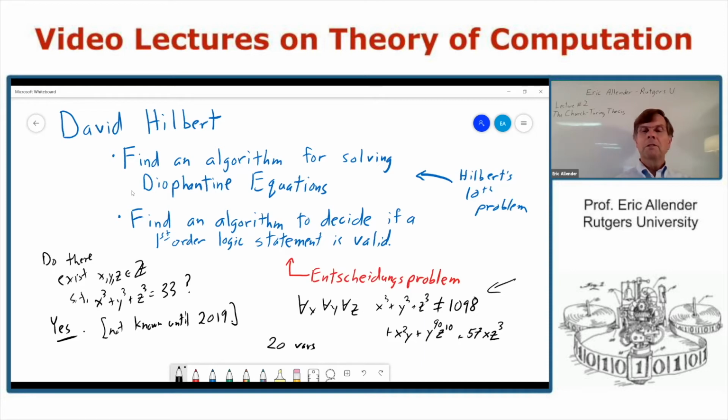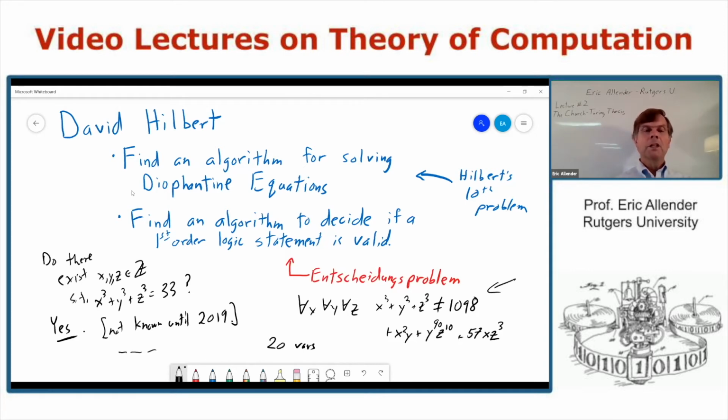If we're talking about a proof of something being true for the natural numbers, if there do exist X, Y, and Z, then there is a simple proof. You just give the numbers and do the arithmetic and see, yep, that comes out to just what it's supposed to be. And if there is not a solution, but there's a proof that there's not a solution, well, then here is an algorithm that could decide things.